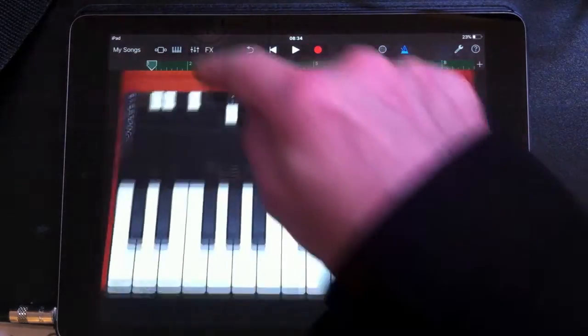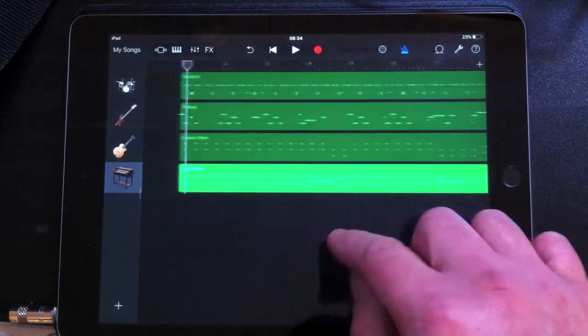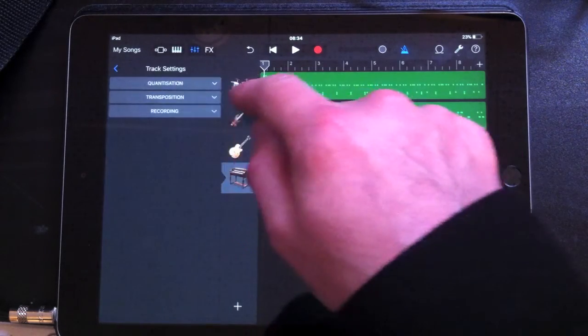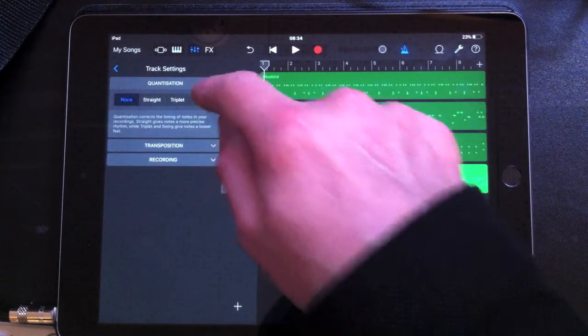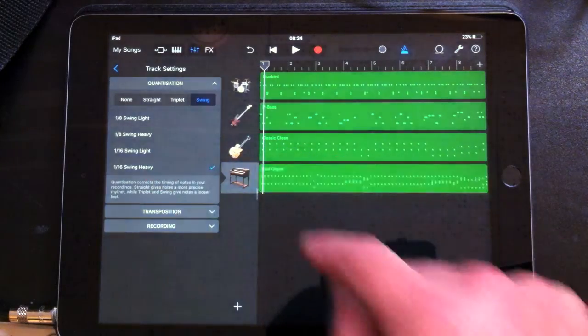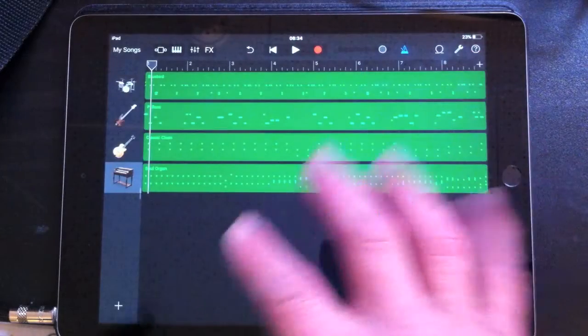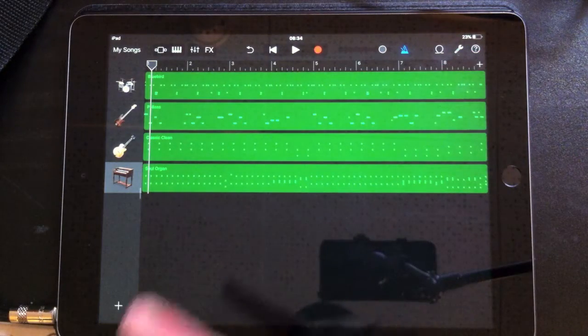There we go. That's suddenly brought the drums and the guitar together, and it's sort of glued it in place. So quantization, swing 16th heavy. There we go. Now that guitar obviously doesn't sound really tight yet, but there are things that you